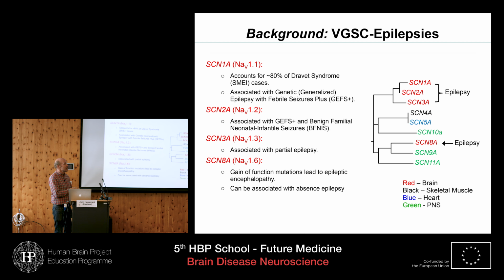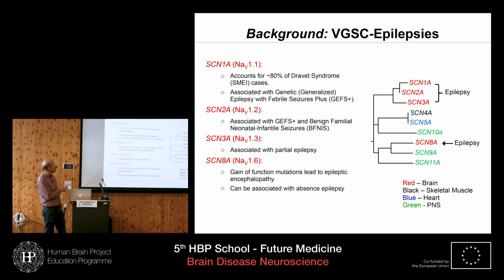There are several different members of the sodium channel gene family, SCN1 through 11. Not all are expressed in the brain, but all that are expressed in the brain, 1A, 2A, 3A, and 8A, are associated with epilepsy. If you alter this basic excitability of the brain, it will induce either reduced susceptibility to seizures or, more commonly, actual epilepsy. So sodium channels you don't want to mess with. And you can see there are various types of seizures associated with these different channels.